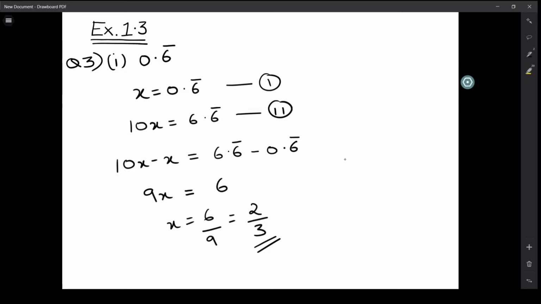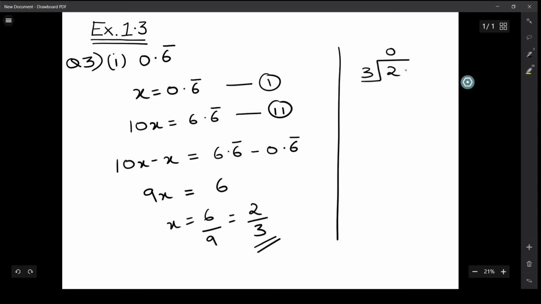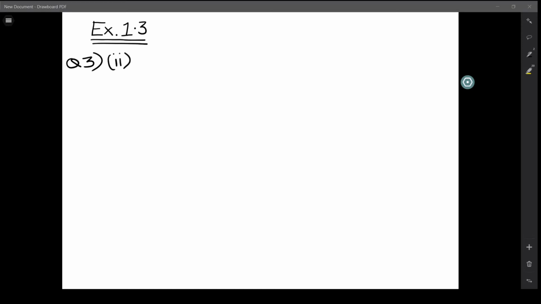There's a way to cross-check our answer here as well. I'm just going to use this as a rough portion of my sheet, and for 2 by 3, I'm going to do the long division. As we can see, the number 6 is repeating itself. So the long division validates our answer. The 2 by 3 is in fact correct. Moving on to the second part,